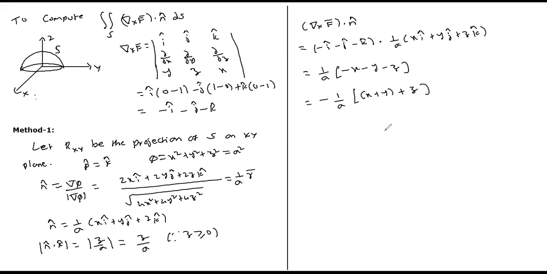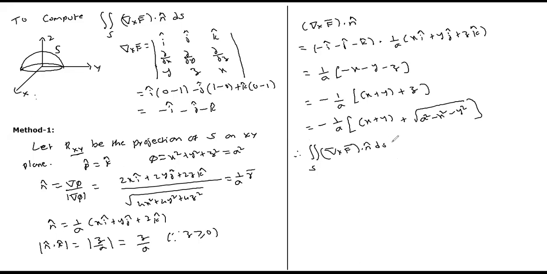But in a surface integral, you need to have only two variables, because you have taken the projection on the xy plane, you should not see the third variable. How do you eliminate this third variable? From the surface equation. What is the surface equation? z is under root of a square minus x square minus y square. Can you see this? I eliminated z using the surface equation because it is an upper hemisphere. Therefore, everything is now ready. We have the integral over s of curl f bar dot n bar